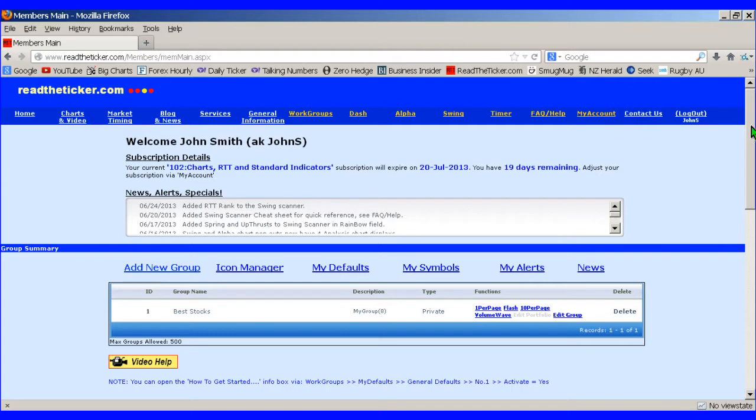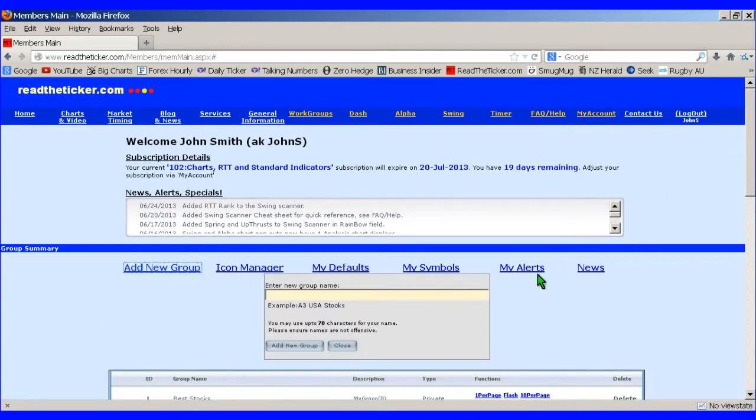So if you have a small portfolio between 10, 20, 30, 40, 100 stocks, you just want to keep an eye on them with a simple indicator and you want to just view them against the scanner or a relative strength test. First we're going to create a group called